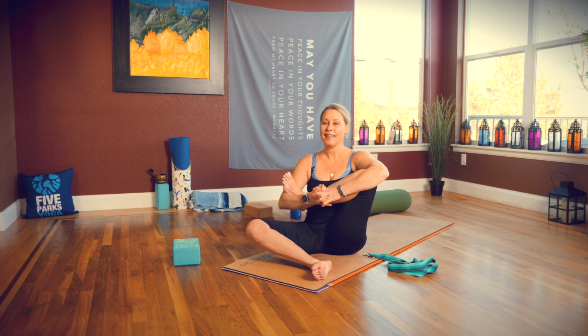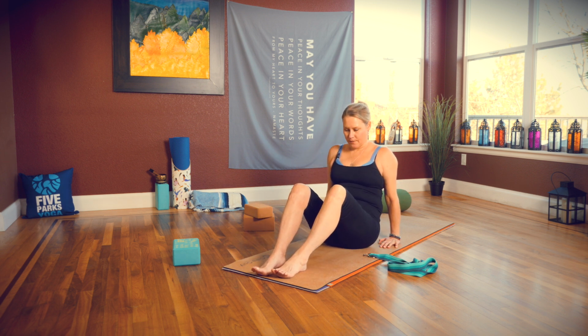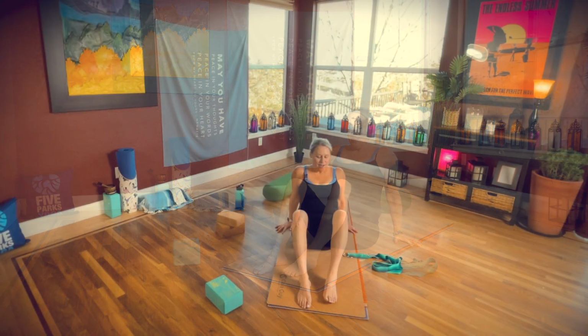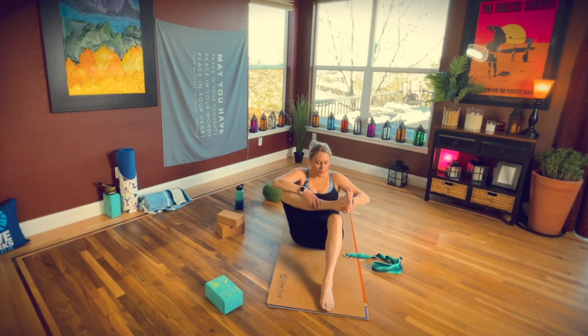And highly requested is seated pigeon. There's so many variations of pigeon, but we're gonna do seated pigeon. So what you're gonna do is take both feet flat to the floor. This is a very accessible pose. You can do this on the pool deck if you want. You're just gonna take your left leg, cross your ankle over your right knee,